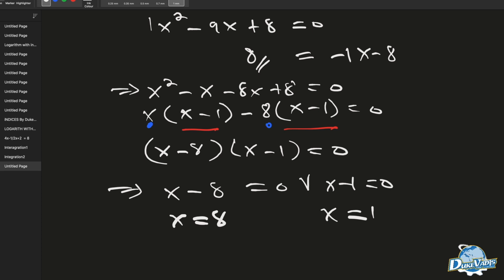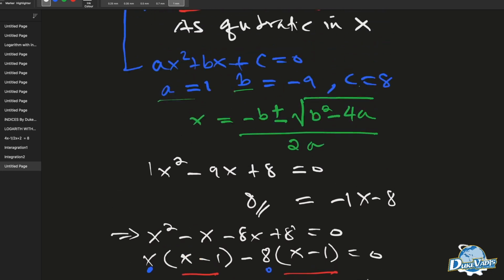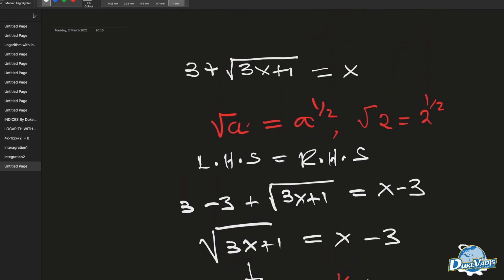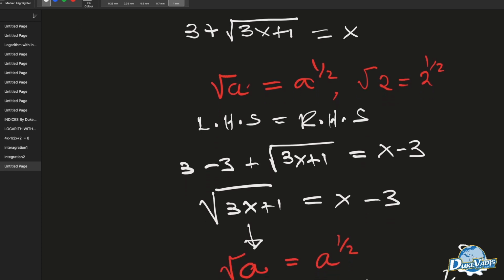So if we're asked to find the truth set of this equation, then we say the truth set will be x such that x is equal to 1, 8. This is easy. Let's go up and see if we can break it down faster. Well, I don't think we need to. So, Sean,